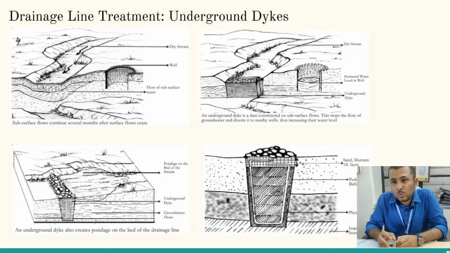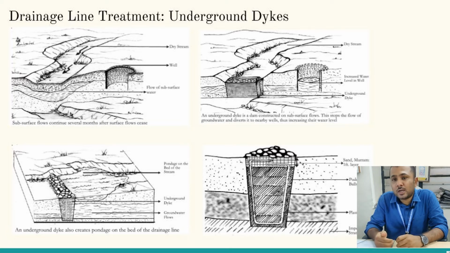Basically what happens is, the water that is being obstructed has to flow in the lateral direction, not in the linear direction. So if you want to make water flow in the lateral direction and increase the level of water in the wells, you need to find the impermeable surface at the bottom. Otherwise, what happens? Instead of water flowing in the lateral direction, it will start flowing in the vertical direction if you construct an underground dyke across such kind of rivers.